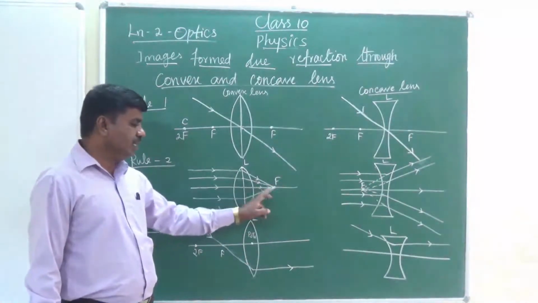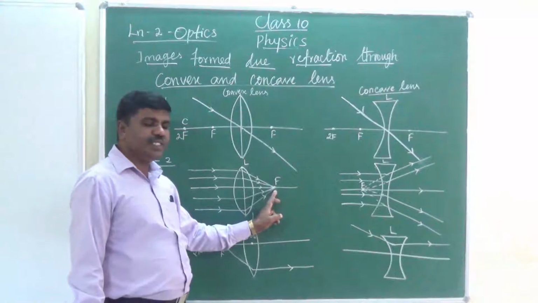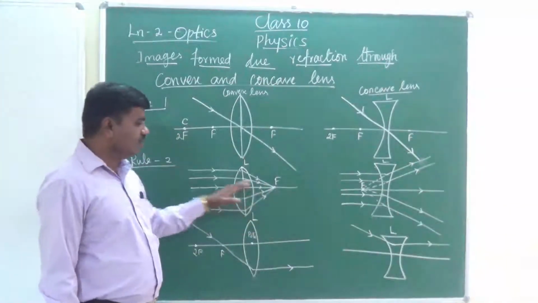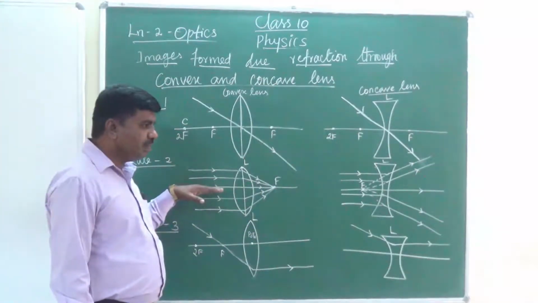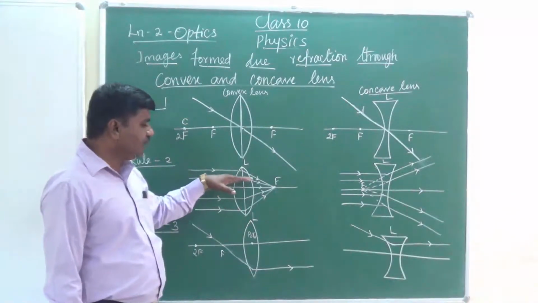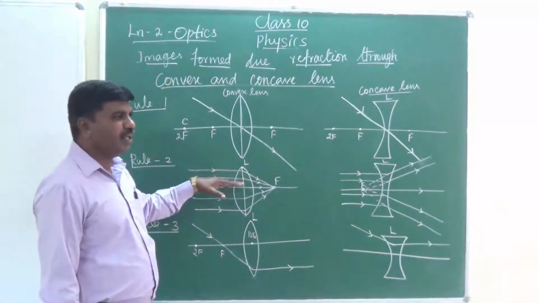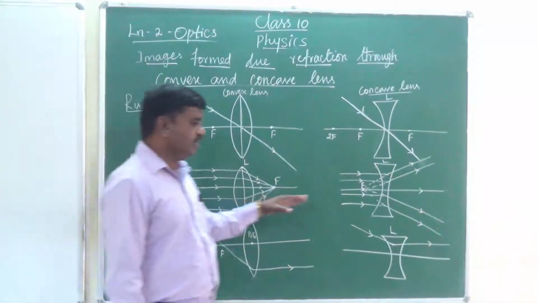Okay, so through the lens, it is nothing but a converging lens. So all the rays are coming parallel to the optic axis. Okay, the same way,